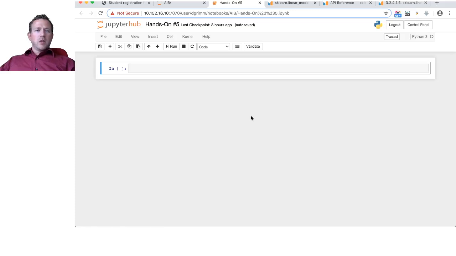Hello and welcome back to our fifth hands-on in our artificial intelligence course. In this hands-on, we will now use logistic regression and the scikit-learn packages to do predictions on our genotype dataset